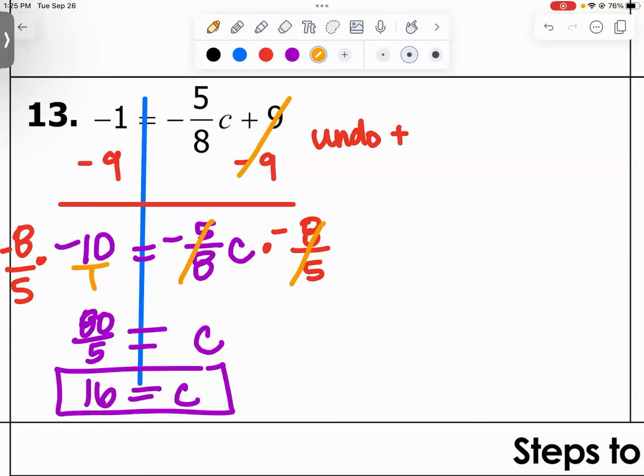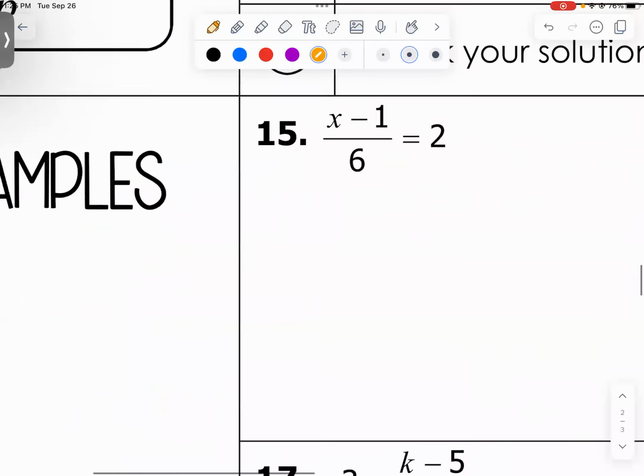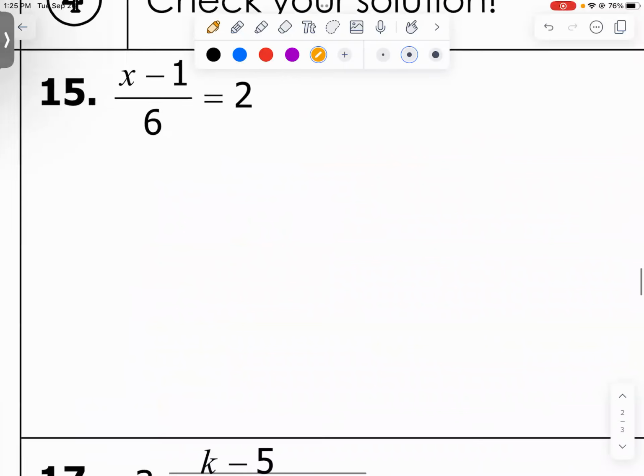We are not going to do number 14 because we are going to skip to number 15. I like to keep you on your toes. Keep you guessing. What are you going to do if I go back? Why do you skip it if you just wanna go back? I don't know. Like I said, sometimes I just like to keep you on your toes.